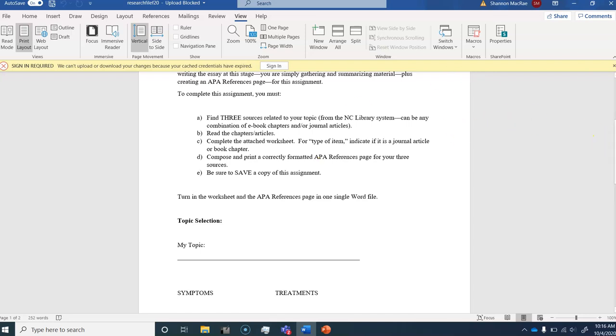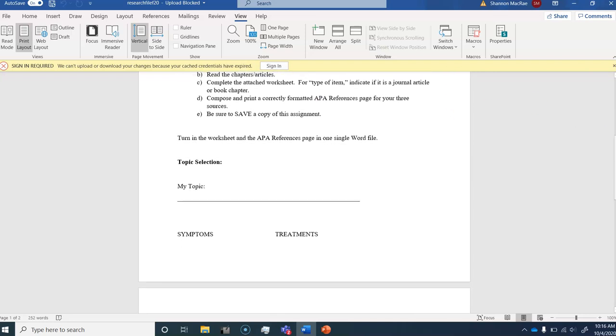You are, though, going to have to narrow your topic. So you've picked a disease or a condition. We're going to be writing sort of a mini report or a mini essay. So you're not going to be able to cover everything related to this particular disease or condition. What I would like for you to do is to focus on either the symptoms of that particular disease or condition or the treatments for that particular disease or condition. And keep your choice in mind as you're looking through the research.